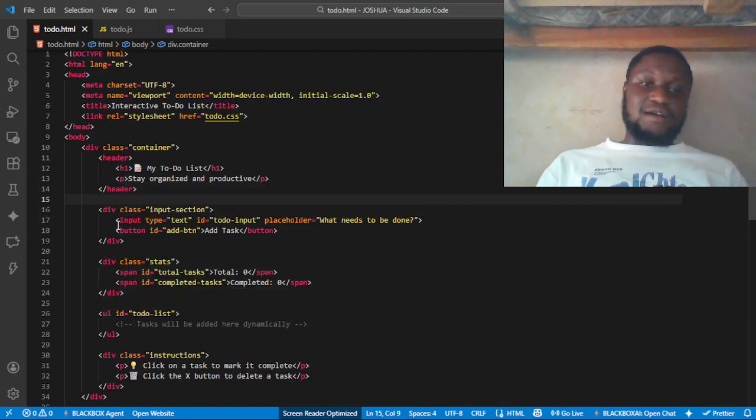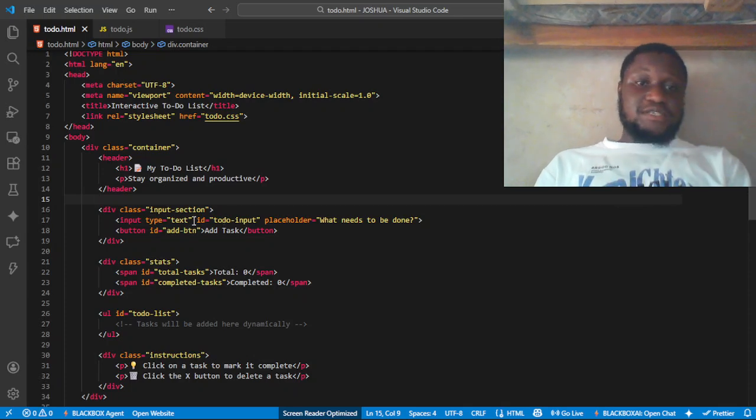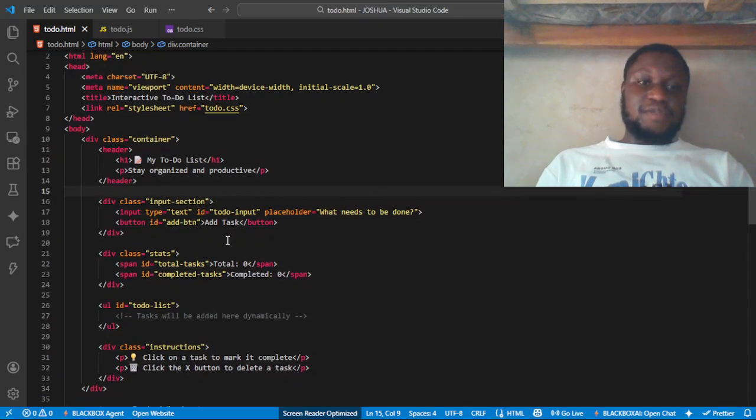We have the div tag that has a class of input section, and in that div tag we have the inputs. We have the input area, and in the input area we have the input type, which is text. What this does is it receives your to do or your task. Then we also have a button there, and that is what enables you to add your task to it. And then